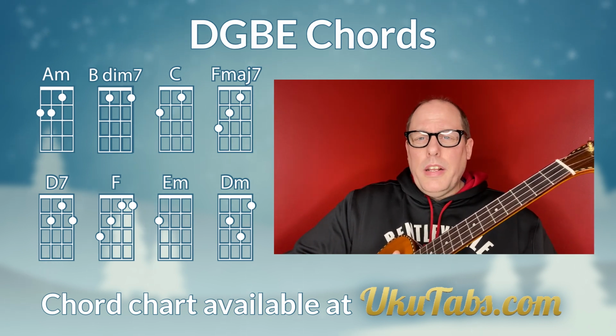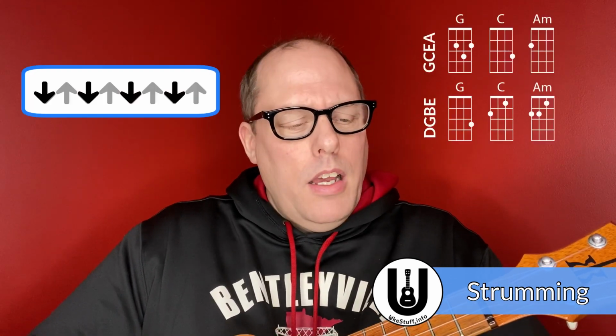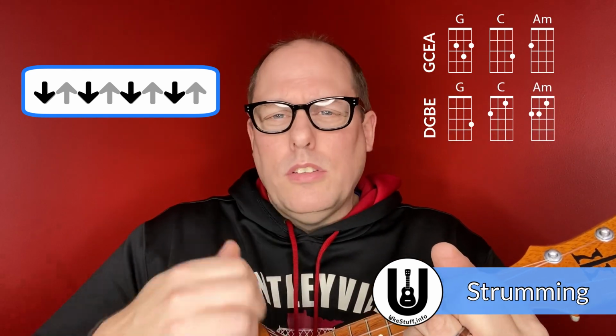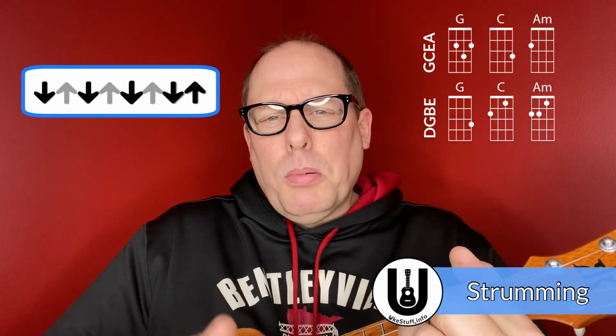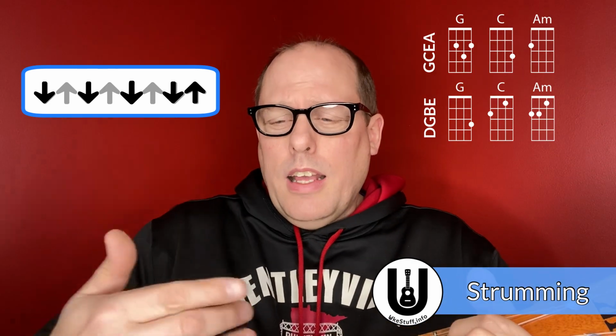So those are the chords you need to play Christmas Tree Farm by Taylor Swift. As it comes to strumming on the song, quite honestly, anything that you want to use will work. Down strums work really well. So if I'm just playing a G chord, just going down, down, down, down is going to work just fine. You could go down, down, up, down, down, up, down. But what I really find myself doing is playing down, down, down, down, up, down, and then changing the chords